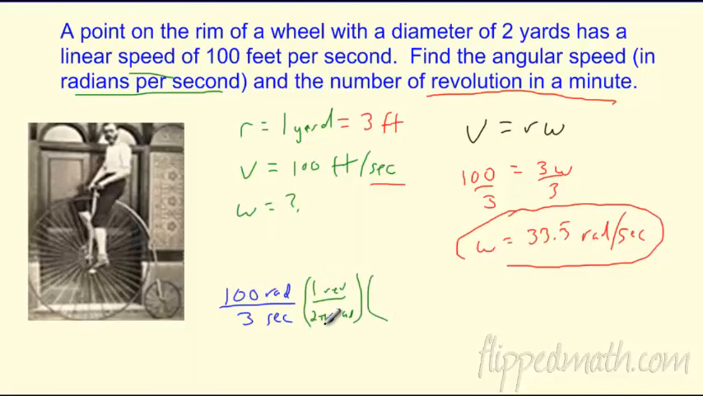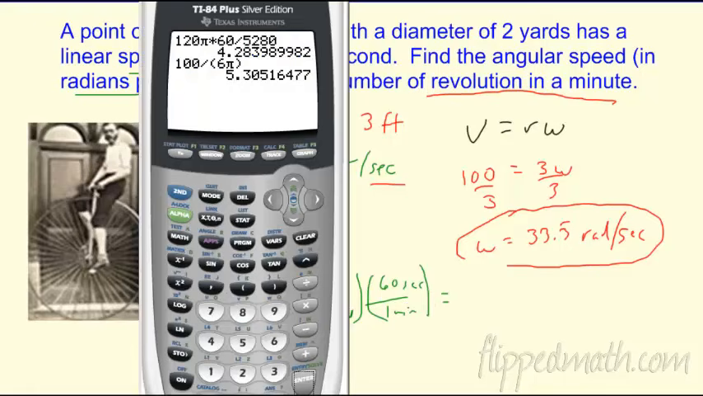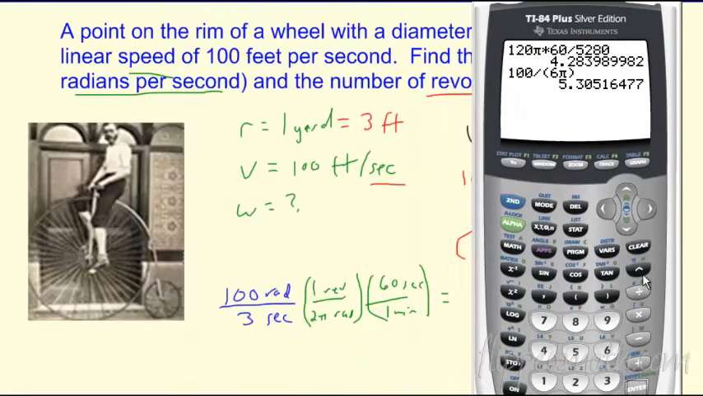And then I have to convert my seconds. 60 seconds is 1 minute. So now I'm just doing a little conversion here. I want to multiply this out so I can see what's going on. Let me clear that out. So on top I've got 100, I'm multiplying it by the 60 seconds. On bottom I'm dividing by 3 and dividing by